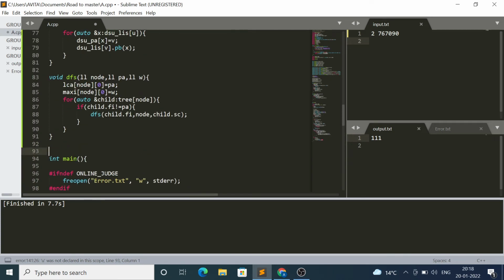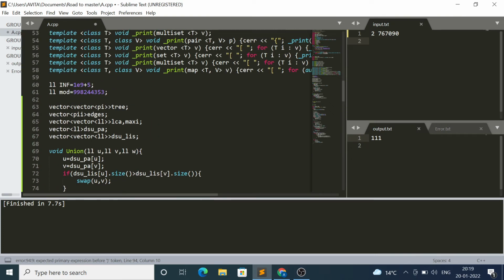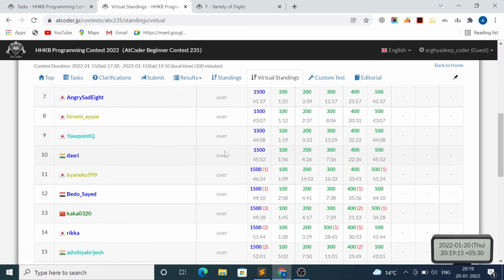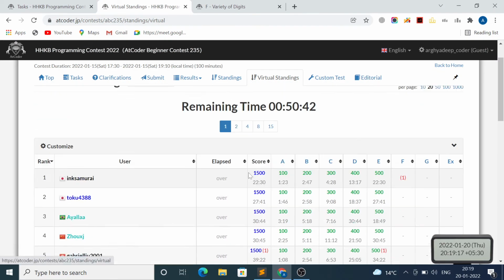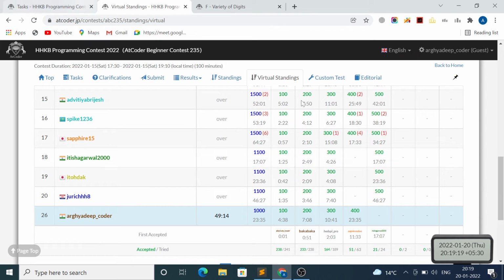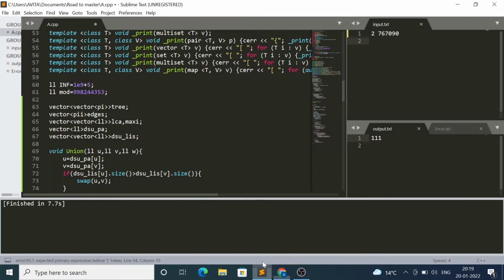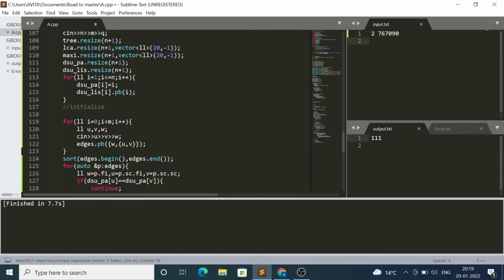Find LCA, then find LCA LLU comma LLV. Okay, so I do not find the LCA of this. How can I find the LCA? Oh shit, I can't solve this problem. Let's check it once. I'm sure that not many people will have solved it. Yes, it's not that much. Problem E. Yep. So okay, now